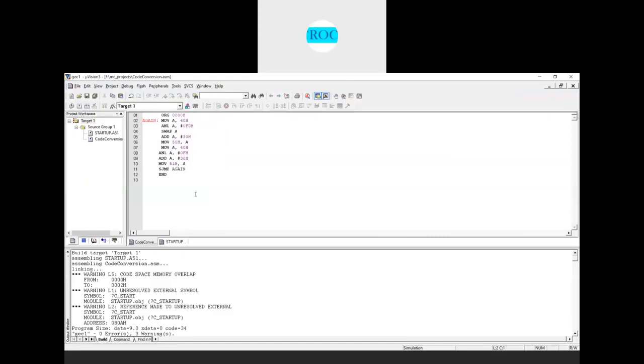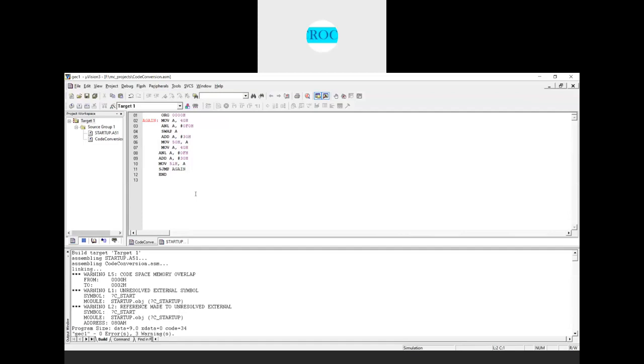Next what we'll do is we convert the ASCII code to BCD now. Now how do you convert the ASCII code to BCD? Here what we do is we'll go to the memory location, we'll put two ASCII codes, which are the hexadecimal equivalent, in two memory locations.